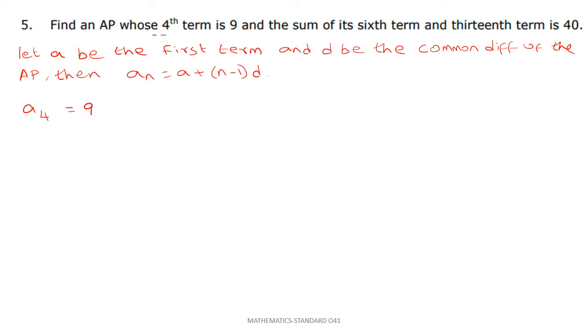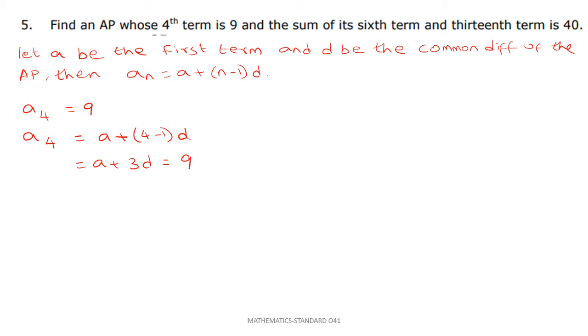N is nothing but 4. And we don't know what is A and what is D. So let's just make this equation with the known value. So A4 is equal to A plus, where N is 4, 4 minus 1 into D, which is A plus 3D,